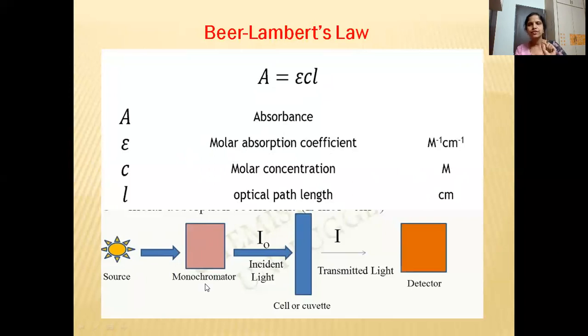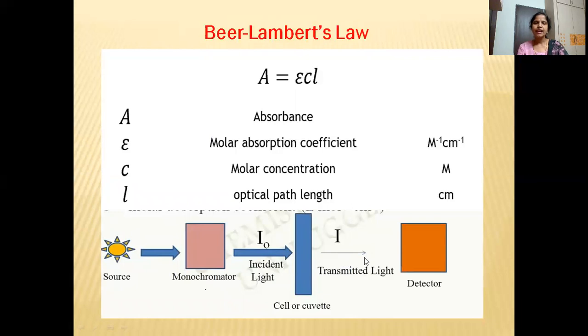Only a particular wavelength of the light is selected, and that light is incident onto the sample here. The sample solution is taken in what we call a cell or a cuvette. So the sample solution is taken in a cuvette and the light is incident on the sample. What happens is, this sample solution will absorb some of the light and some of the light is transmitted